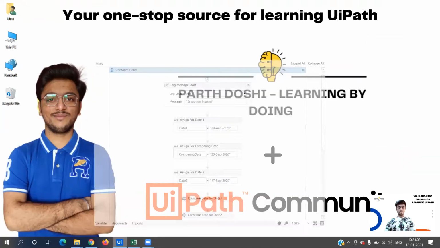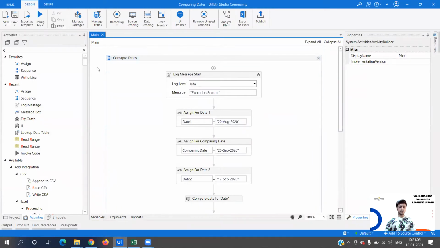So this is a project that I have built just for the demo purpose of that particular feature. Now, if you see in the Design tab, we have this Export to Excel. I just want you to think for a few seconds: how many times have you used this feature, or have you even tried to explore it? I think the answer will be no, that you haven't explored it, or if you have, then you haven't explored it in detail, how it can be useful. So let's see in this video how this can be useful and when exactly we should use it.